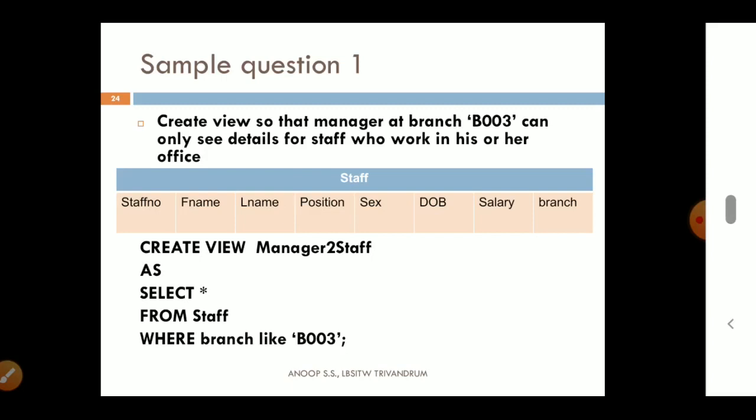The select query will select details of all the staff where the branch is B003. All the details of the staff working in branch B003 will be created as a result set and it will be available as a view. So this is the answer for this question.